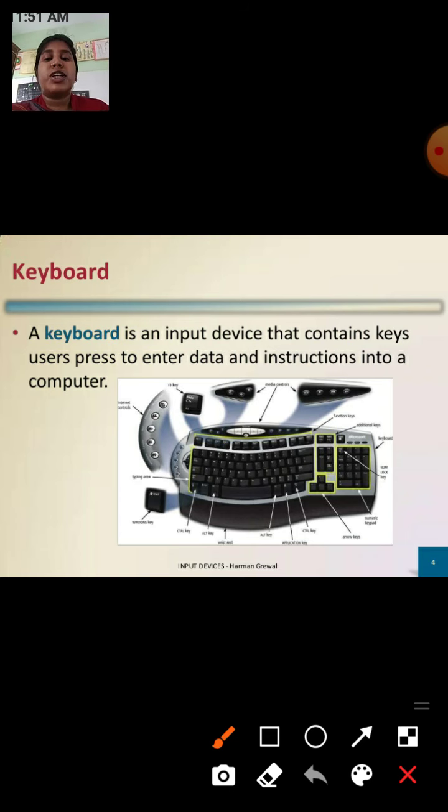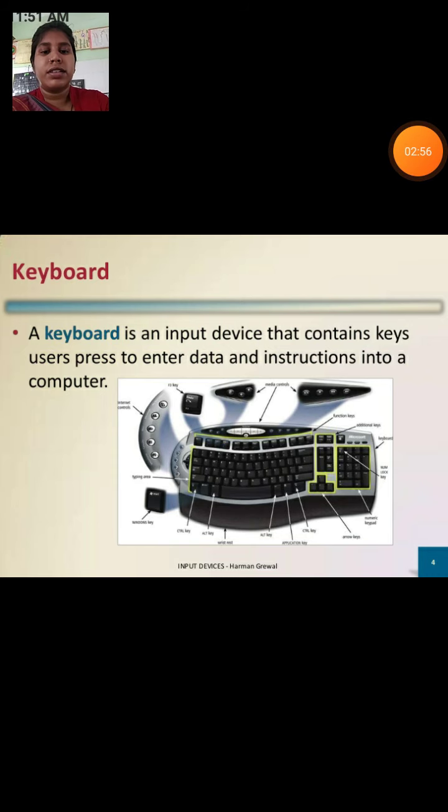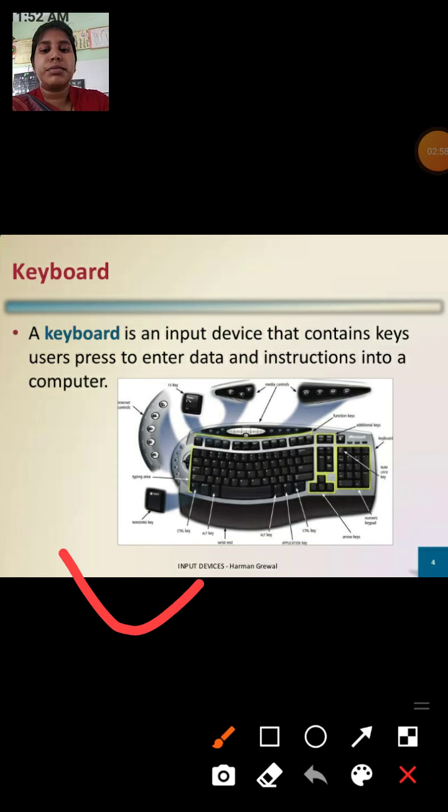So what is a keyboard here? A keyboard is an input device that contains different types of keys, and if the user wants to give an instruction to our computer system, they press any of the keys and enter the instruction as per our requirement. This is the diagram of the keyboard.